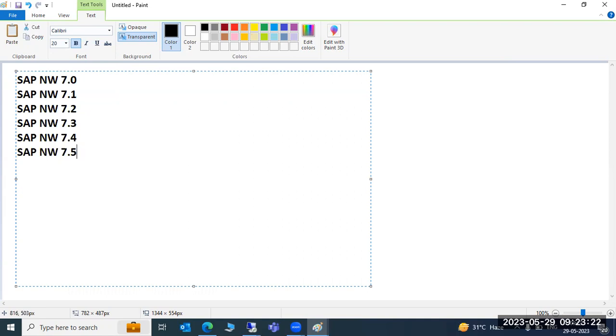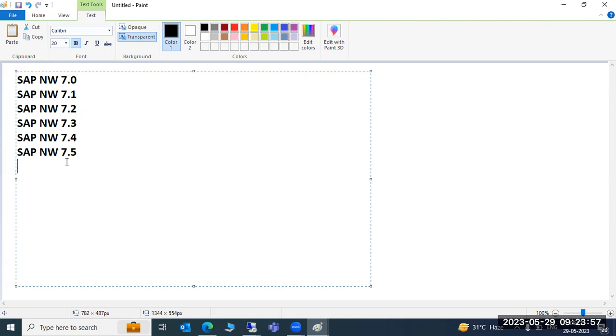So 7.5. Then after that 7.51. So like that they have started releasing it. But up to now, a few customers are still on it; 7.5 is the last version in the SAP NetWeaver versions. If you talk about more, we have 7.5 as well, 7.51, 52, and 1809, 1909 year-wise they have started. Okay, so those are the NetWeaver versions, and also same as that we have the S4HANA versions.